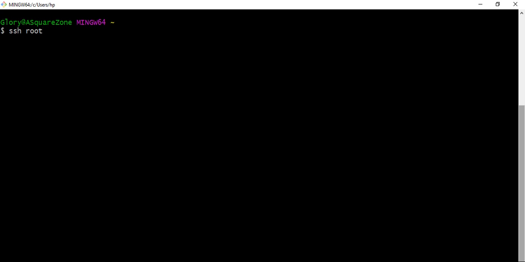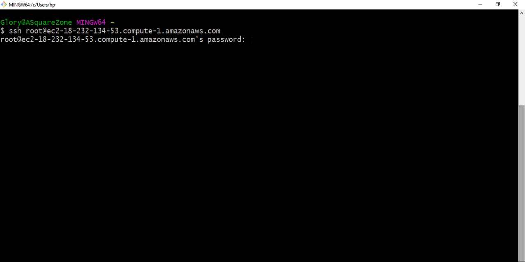As it is an SSH connection, I am giving ssh, and I created the credentials for the root user, so I'm going to connect as the root user. Here I'm giving root and the public IP of my Ubuntu instance. So here I'm going to connect now. I'm providing the password of the root user.